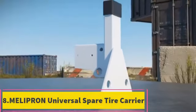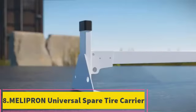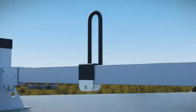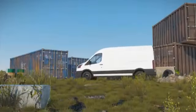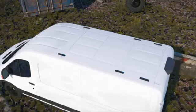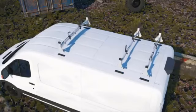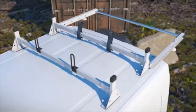Product 8. Product name: Melapron Universal Spare Tire Carrier. The Melapron Universal Spare Tire Carrier is a versatile mounting solution designed for securely attaching a spare tire to roof racks, platform cargo baskets, or off-road vehicles. This carrier includes a lockable design, providing enhanced security against theft while ensuring the tire stays firmly in place during